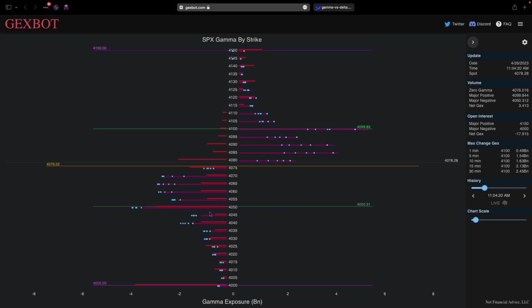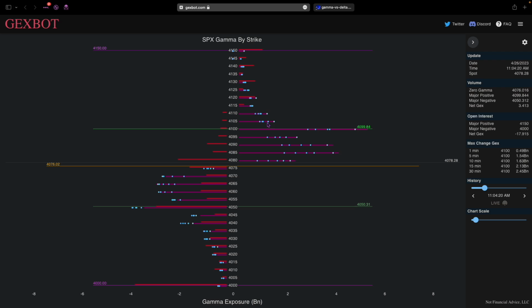This 4050, once we pass it, it has slightly less of a tendency to act as a magnet from underneath, right? If spot is trading underneath a big put strike, it's actually more likely to continue lower rather than to hang out right underneath that put strike. If it's above that put strike, then that's a completely different issue. But in general, we can say that these